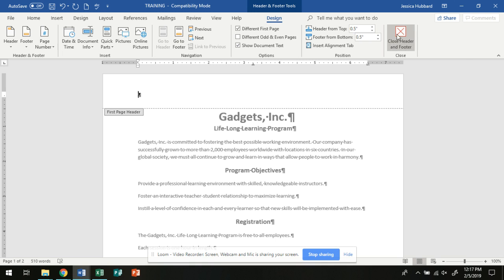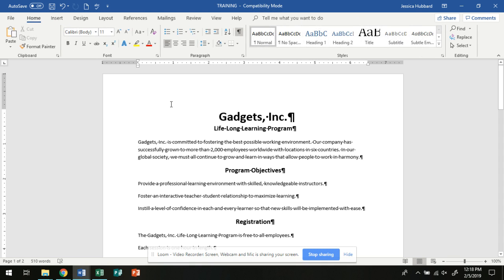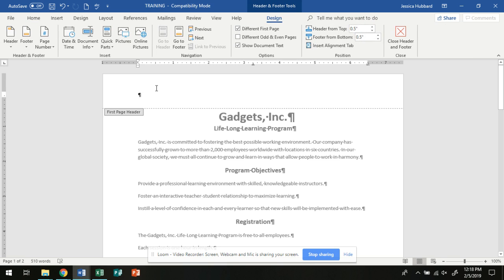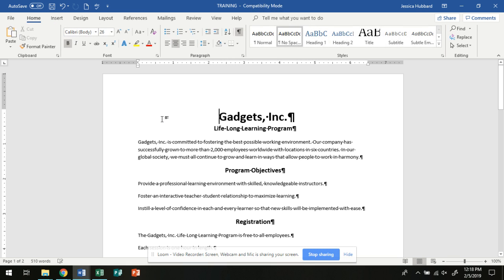You can always close out of the header and footer by choosing the Close Header and Footer, and that's one way of accessing the header and footer. The second way, which I find a little bit easier, is simply just double-click over the header or footer to access it. And to exit, just double-click out. There. So voila, that's your header and footer, your date and time, and how to add